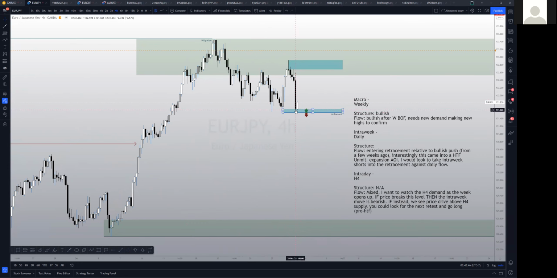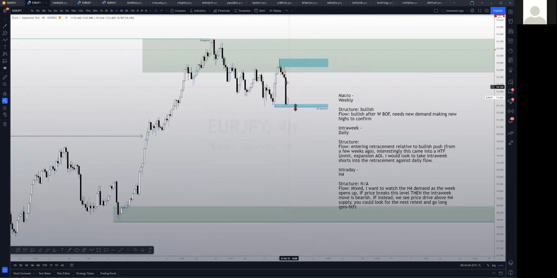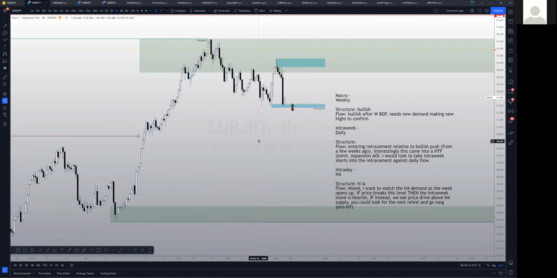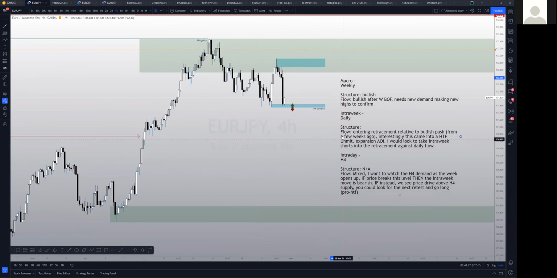I want to see a crack personally below this blue zone and then a pullback in relation to that. So if I can get a crack below the current demand and then a pullback in relation to that, I can look for a short move at least down into this area, you know, roughly like 129,500. So that's my plan. Again, counter trend fade into a pro trend long further down. But for right now, we've got to send that counter trend market into, you know, maybe week 2 or so of November. And that's it for my weekly analysis on these pairs.